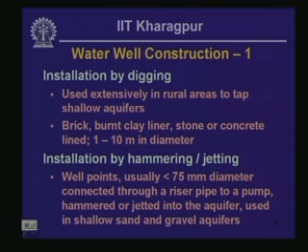This particular method cannot be used for installing a water well to very large depths. In fact, you cannot typically use this method for installing a water well going down beyond typically 10 meter or 15 meter. The diameter of the water well installed by digging can vary anywhere between 1 meter to 10 meter. Then the second process of installing a water well is by hammering or jetting a